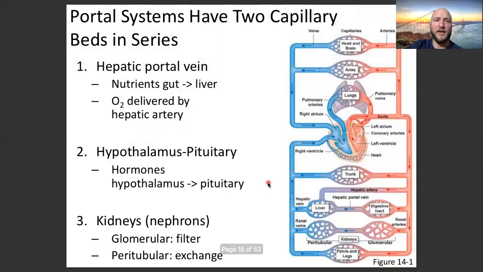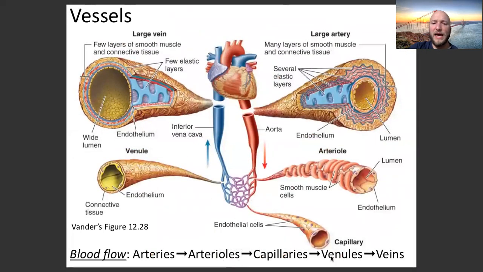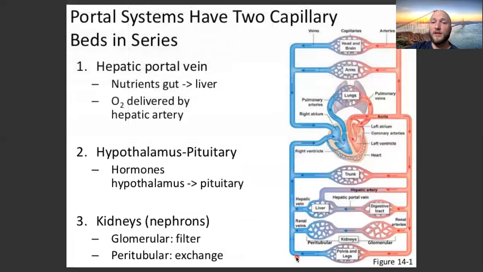Well, let's go on for a few more slides while I was talking about veins. So, a portal system. Up until this point, in the flow of blood down here, there's been one capillary bed every time. That's the rule, except for in three locations. There are three locations where there are two separate capillary beds in line, in series. Portal systems is what they're called. Portal systems have two capillary beds in series. You should know them. The hepatic portal vein